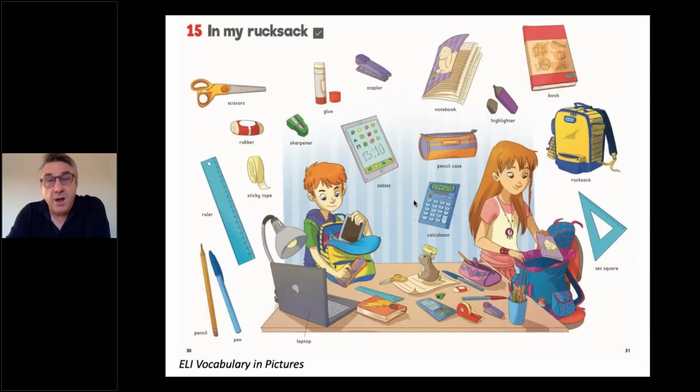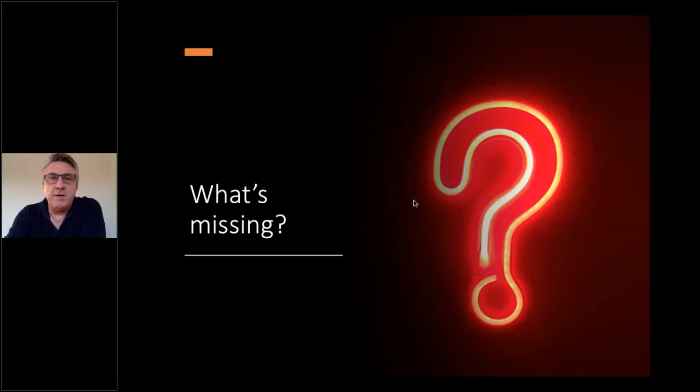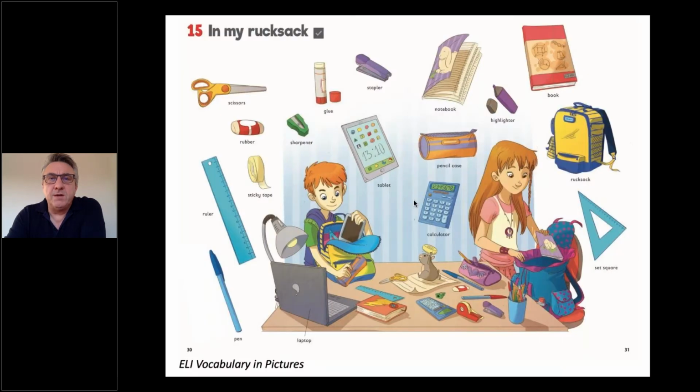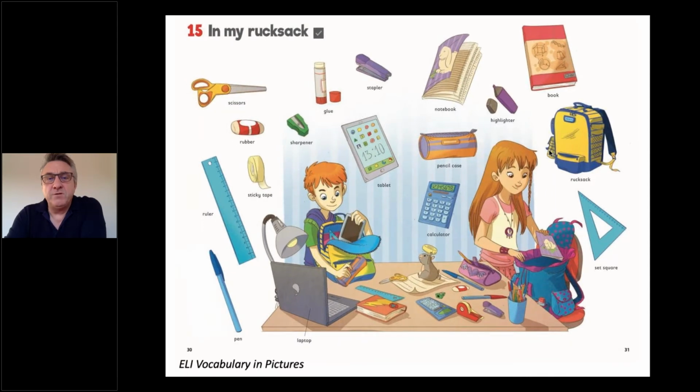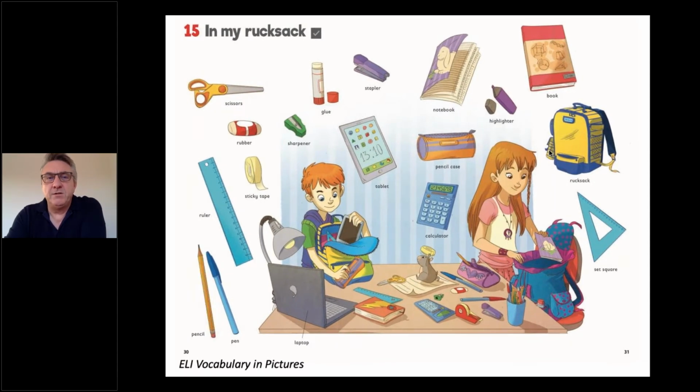So there's the original. I'm going to hide another object from the picture. Are you ready? This is the original picture. If I hide an object, what's missing now? Can anyone remember? Can anyone see what's missing now? Any ideas out there? Sylvia, what can you see? Pencil. What's missing? Correct. Oops. There you go. You can see that the pencil was missing. And all I did was copy and paste a little white space over the pencil to hide it.